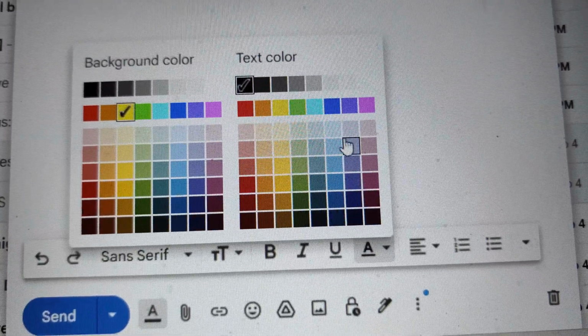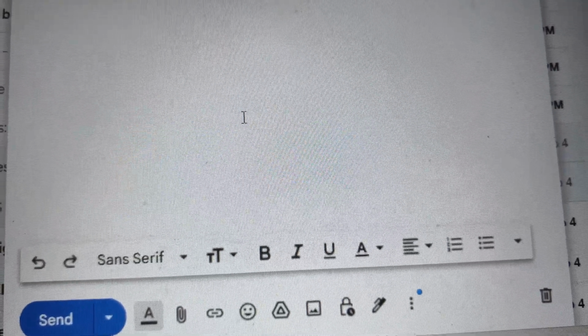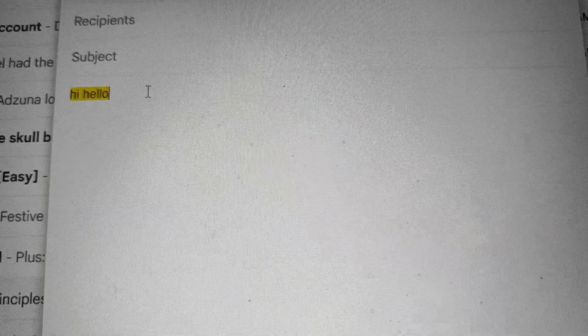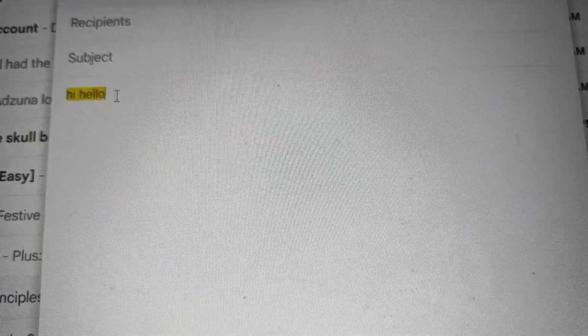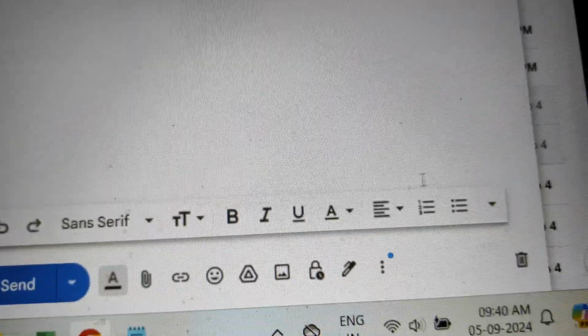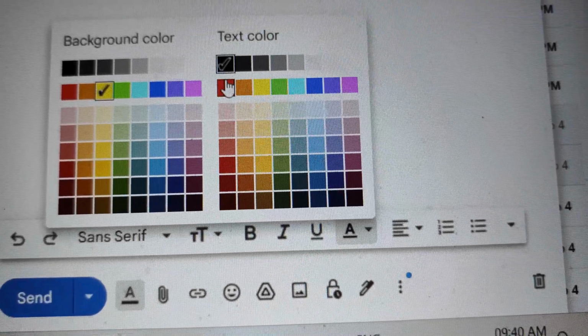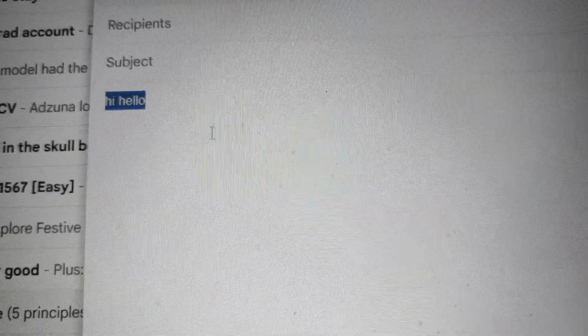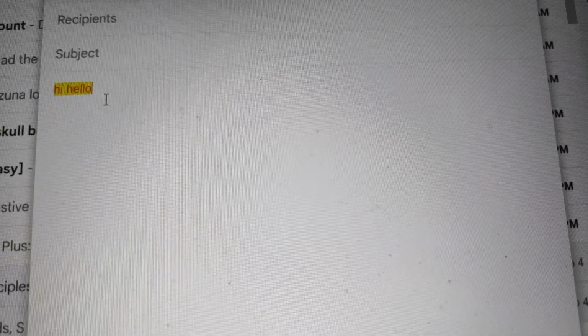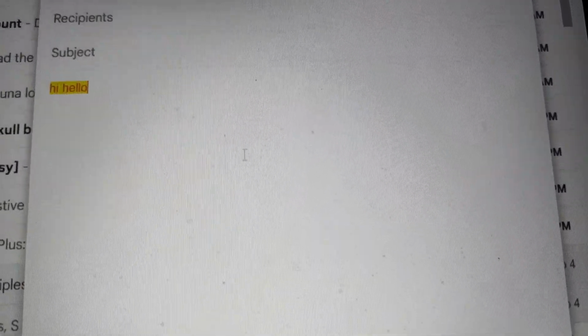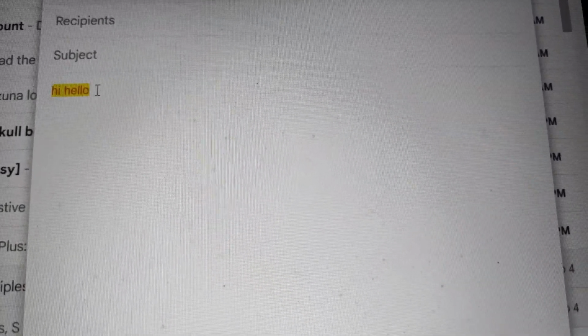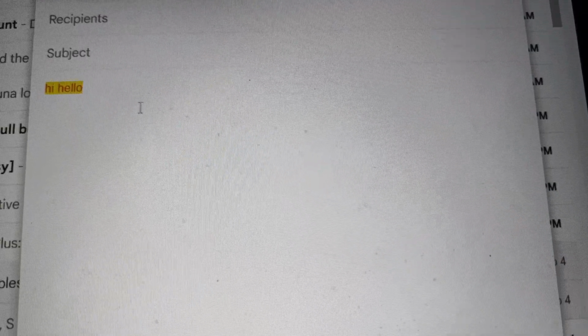Suppose I want to change the text color, if I select red and if I go here, I select this, and if I just select red here, you can see the background color has been changed to yellow and the text color is also changed to red. So this is how you can change the background color and the text color in Gmail whenever you